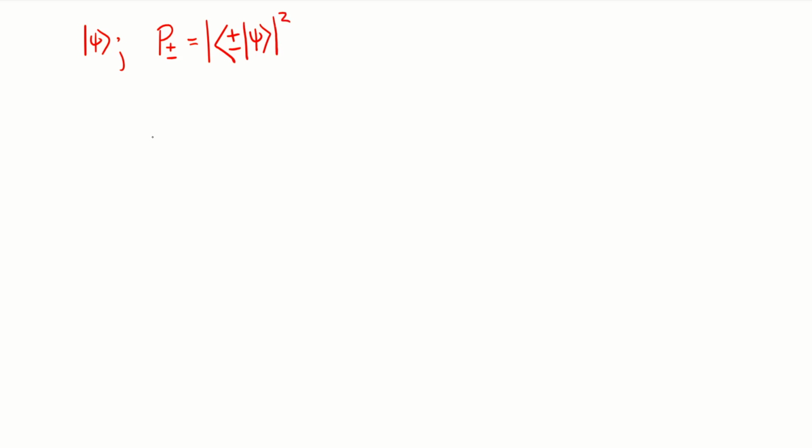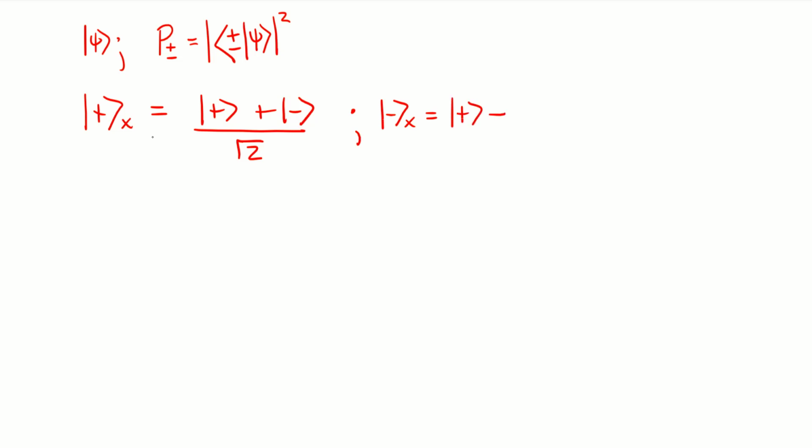And we looked at those two things, and what we ended up showing was that we actually looked at measurements in the x direction and saw that a spin up in the x direction could be written as a linear combination of the spin up and spin down in the z direction states, and likewise the spin down in the x direction could be written as a linear combination of those spin up and down in the z direction states, but with a different relative phase. And we called these two states superposition states